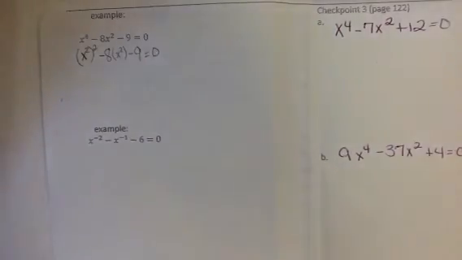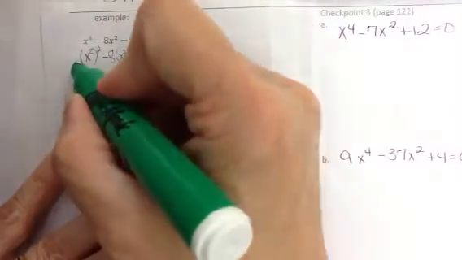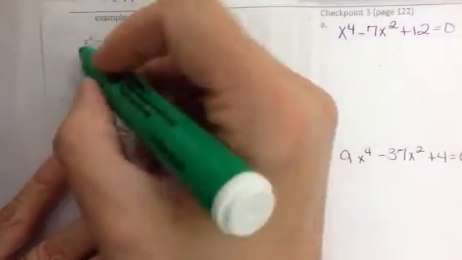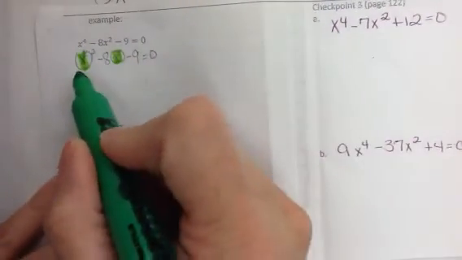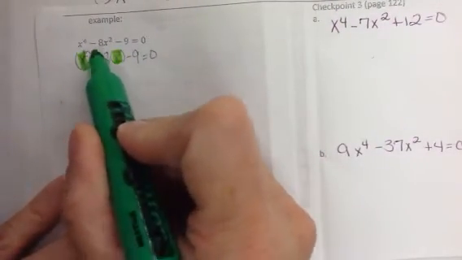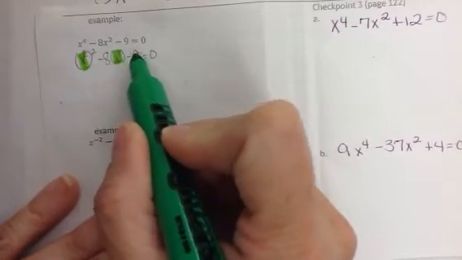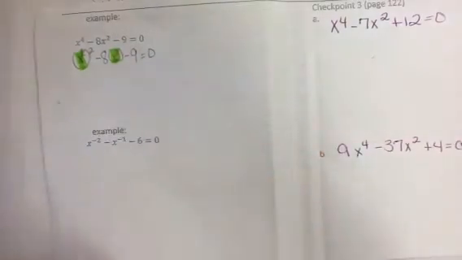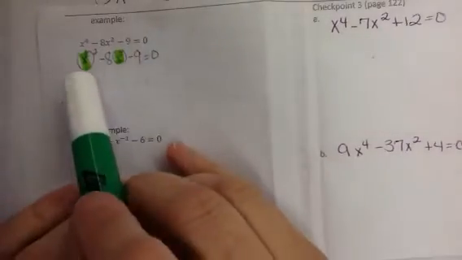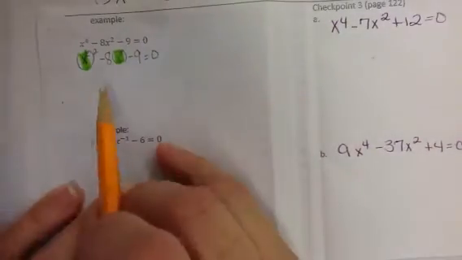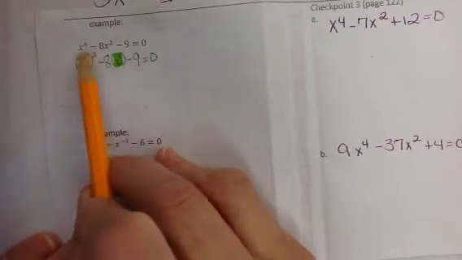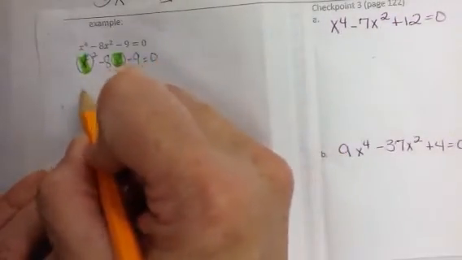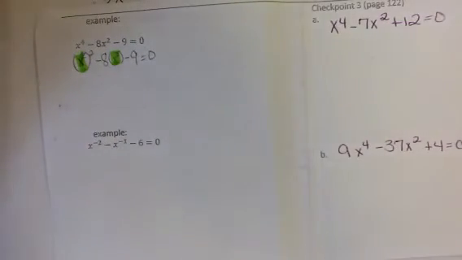So you've got this squared and then just that. It's like ax squared plus bx plus c equals 0. It's the same idea, but instead of having an x and an x squared, we have x squared and x to the fourth. So then when we go to get our parentheses,